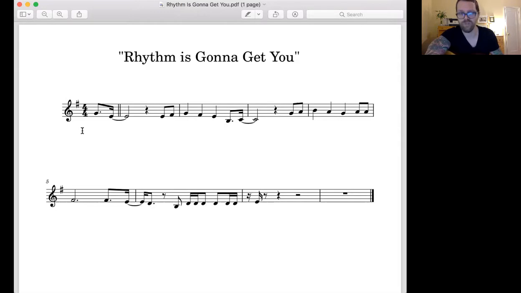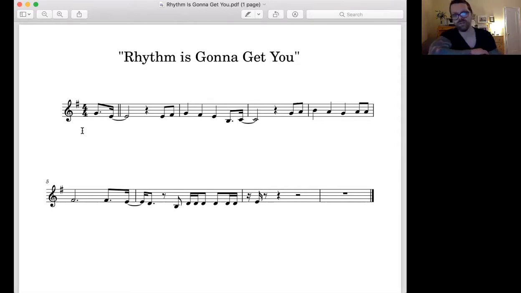1 E and a 2 E and a 3 E and a 4 E and a 5 E and a, right? So if I do that, or it might be easier for you or less kind of frenetic to put it on 8th notes. 1 and 2 and 3 and then you can pick out the 16th notes between those. But if you just do 16th notes,